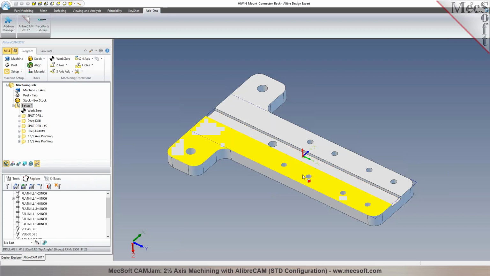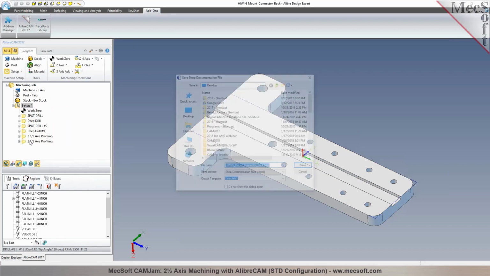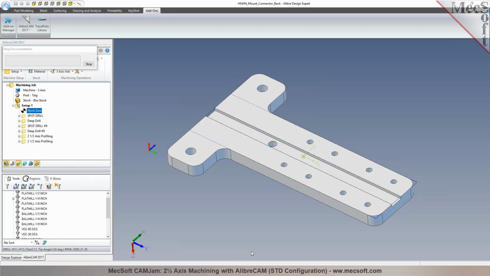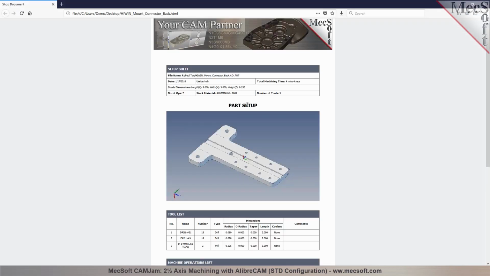Okay. And there's also a very nice reporting tool. We call it Shop Documentation. You can right-click and select Shop Documentation. So this creates a setup information sheet for you, which actually takes a screen capture of the part, also gives you information on the stock, the tools that you're using, the operations that you programmed, and it puts out this nice little report in HTML format,